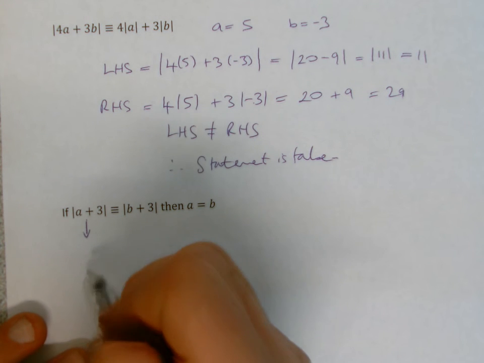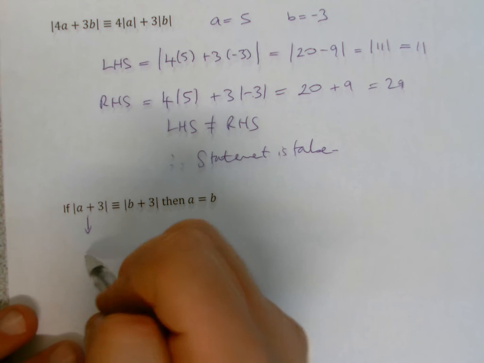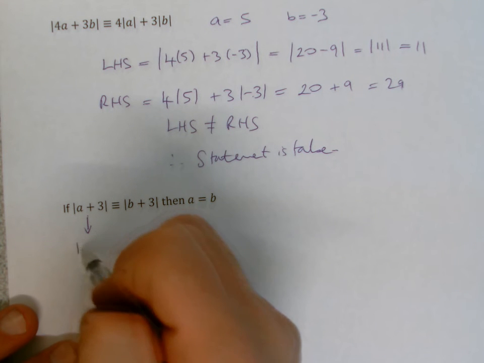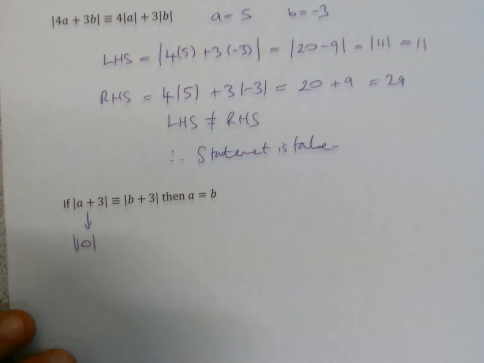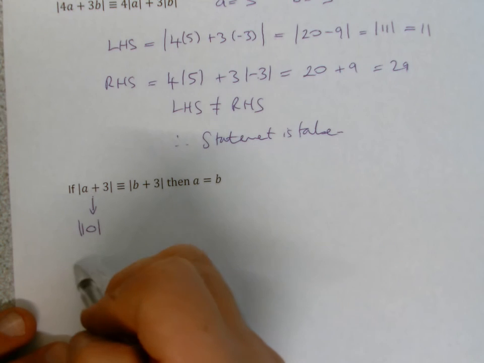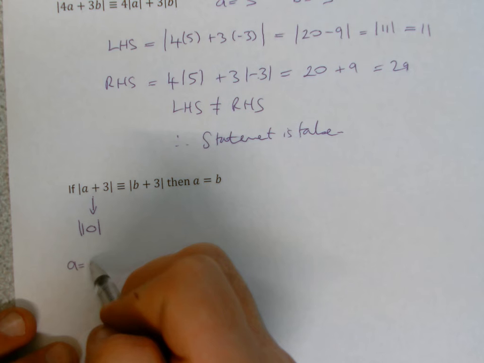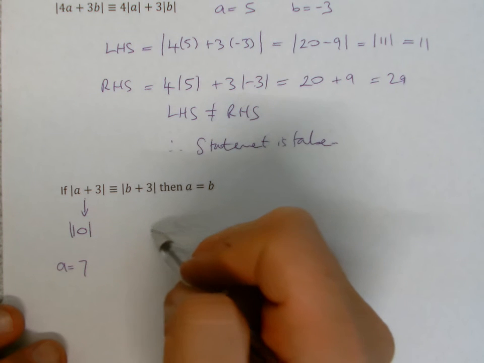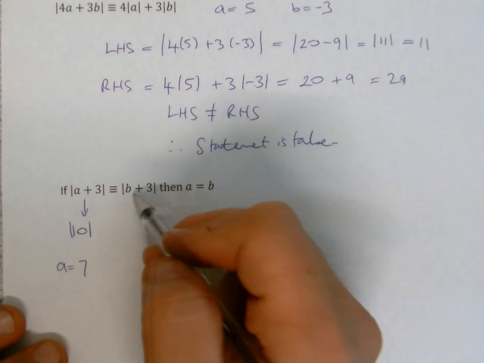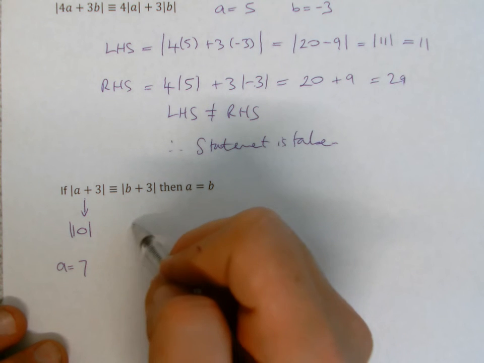Okay, so what you can do is just think about what value we'll aim for. Should we try and get this to equal 10? So what would a need to be in this case? Of course, a would need to equal 7. Yeah? a would need to equal 7. Well, they'd be saying to us now that b would have to be 7 as well. However,